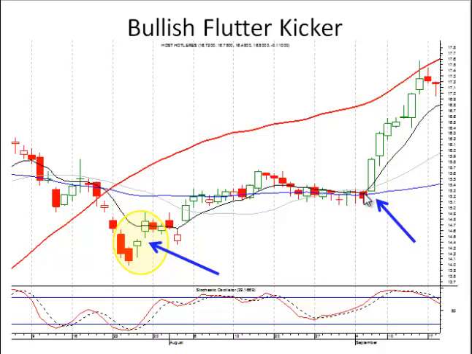Here we just have a little kicker signal. Dark day, not necessarily what we'd call a major kicker signal, but if you have a down day and the next day they gap it up and go the opposite direction, opening up at the same level it opened before and went the opposite direction, you essentially have a kicker signal which tells us good information. We're breaking out through this level.